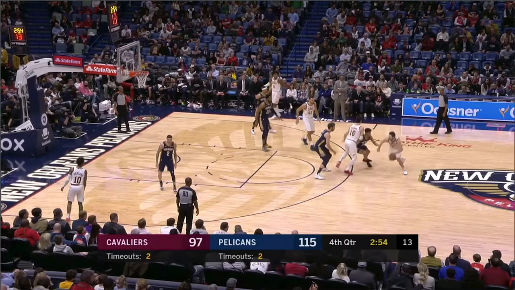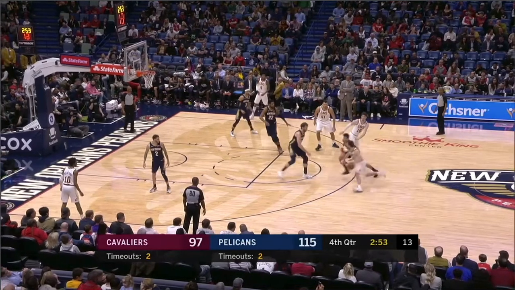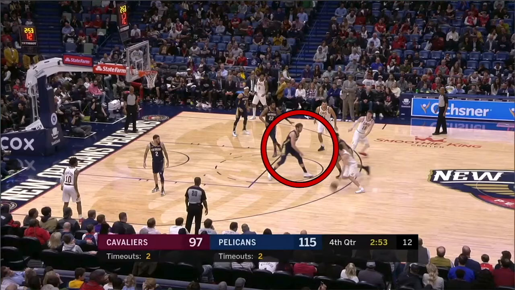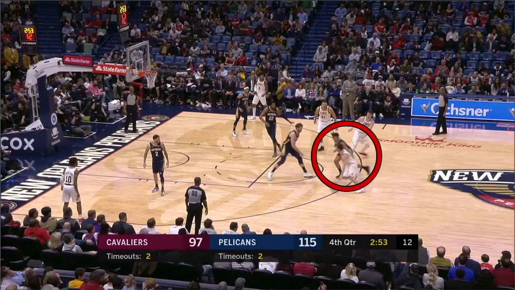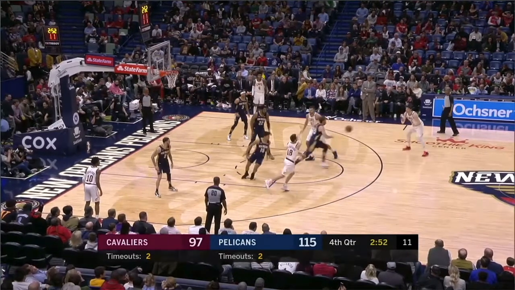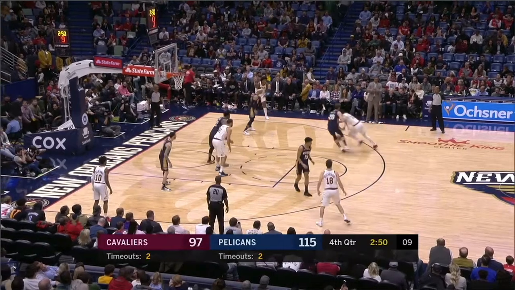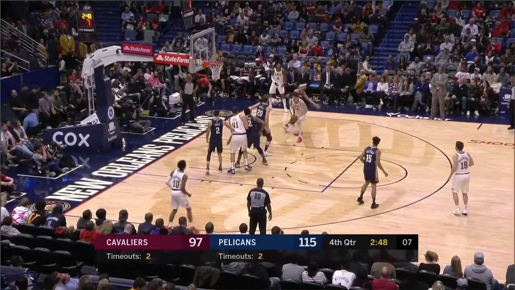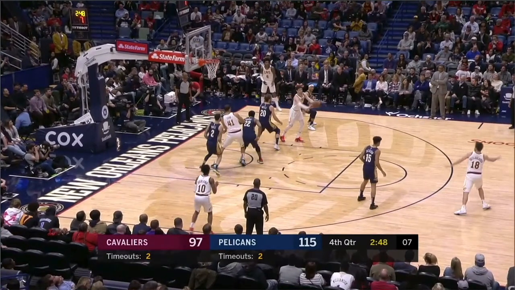But when you have all this space between the ball handler and the screener, look at how easy it is to fight over the top of this screen. So now this player for New Orleans doesn't have to drop much at all because this player has basically already fought over the top and is able to play that ball handler straight up one-on-one. So now he's able to leave early, that pop isn't open, and it's just right back to one-on-one basketball, and Cleveland ends up getting nothing out of that.